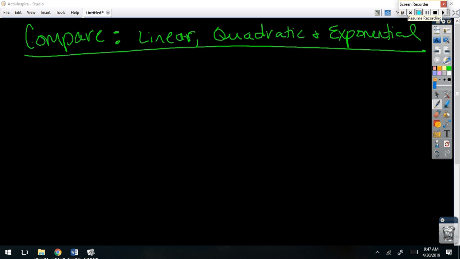We're going to look at some sets of data and we're going to determine whether they are linear, quadratic, or exponential. We've already done all three of these, okay? So let's talk about what the graphs look like so that we can graph them and tell which model they actually fit. So linear, that means a